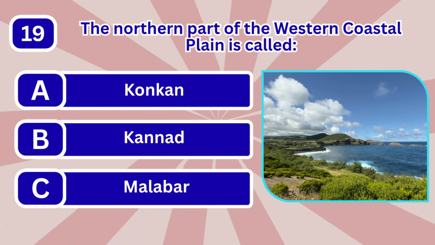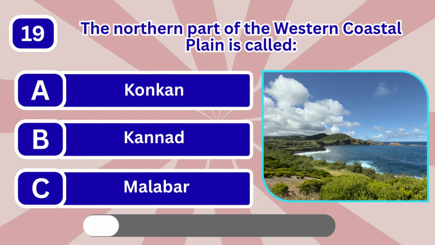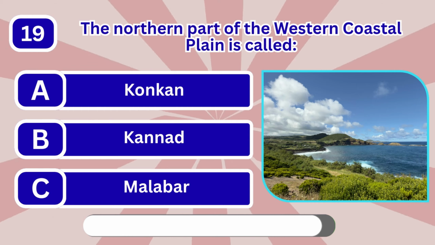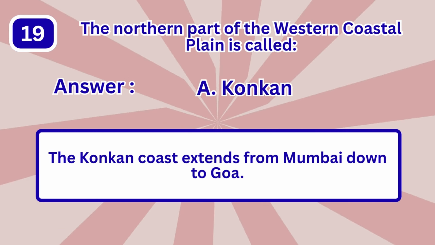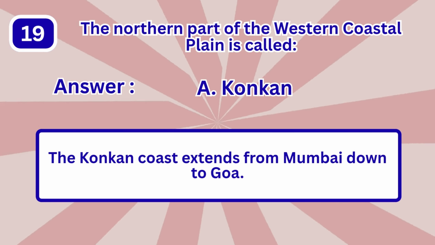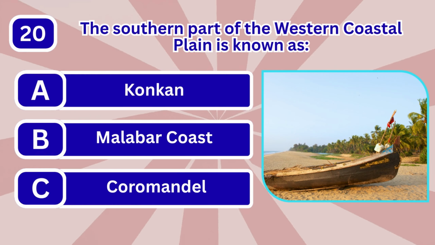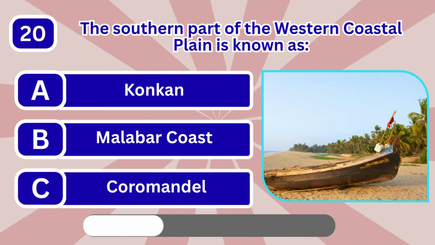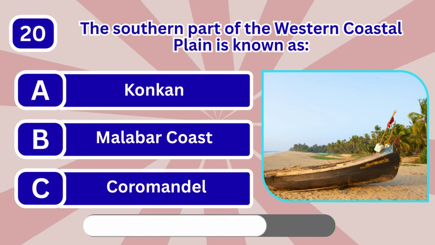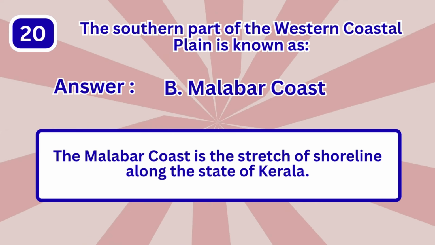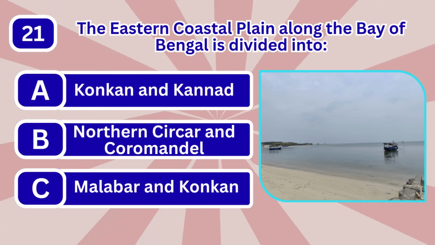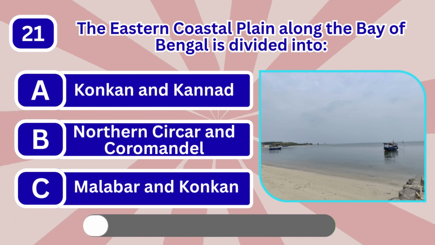The northern part of the western coastal plain is called? Konkan. The southern part of the western coastal plain is known as? B. Malabar Coast. The eastern coastal plain along the Bay of Bengal is divided into